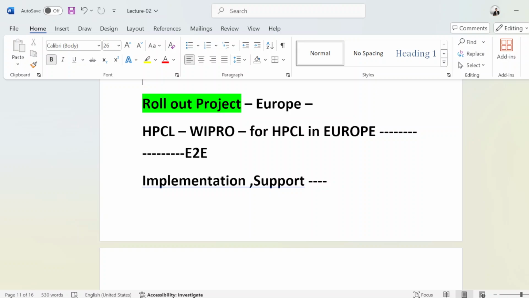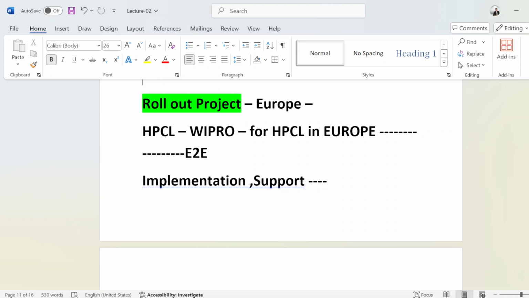Let's suppose one plant is in France and one plant in India, and they just completed E2E implementation for the India plant with the help of Infosys. Right now they want to do E2E implementation for their France plant. Balco is just planning to do that.